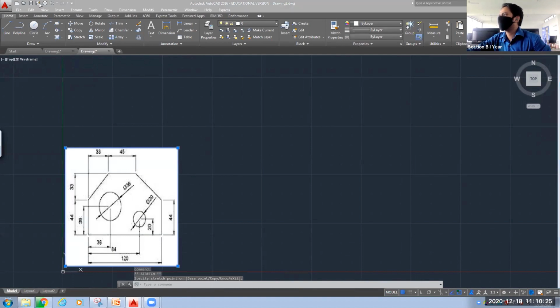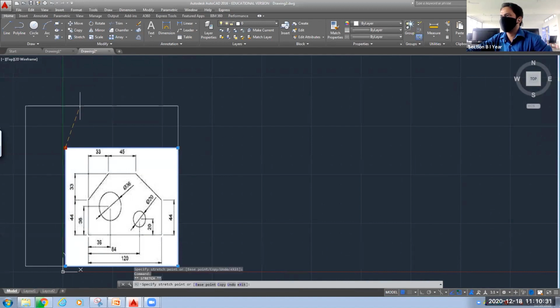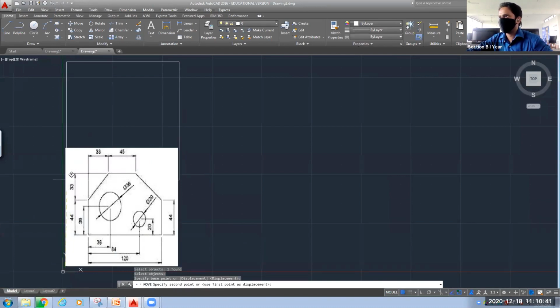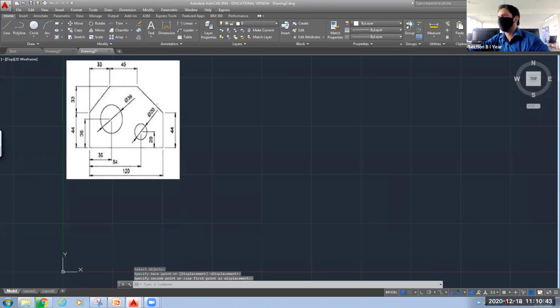Let's move this to an upper location. I'm going to use the move command, select the object, press enter, specify the base point, and I will keep it here. So this is the drawing that we are going to draw today.